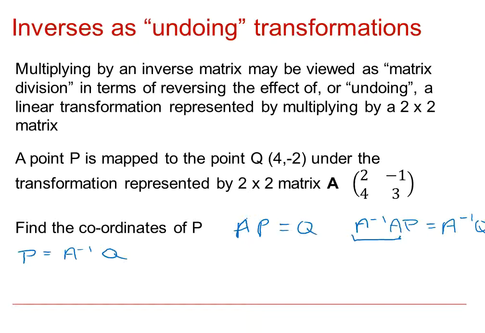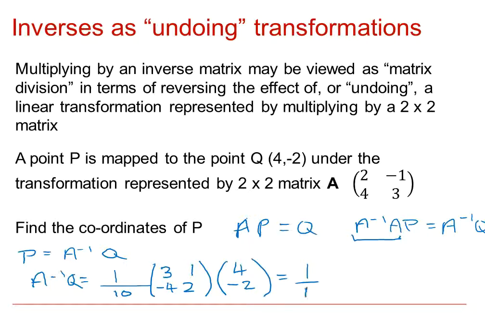Well, A^-1, or the inverse of A, is going to be 1 over the determinant, which in this case is 2 times 3 is 6, minus 4, so in other words 10. And we're going to swap the a and d around, and we're going to change the sign of b and c. So if we then look at A^-1 Q as being that times (4, -2),